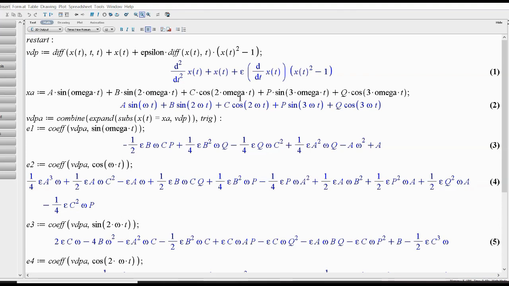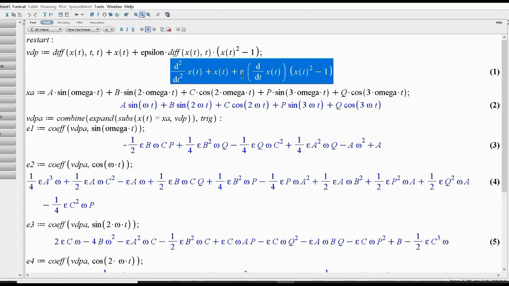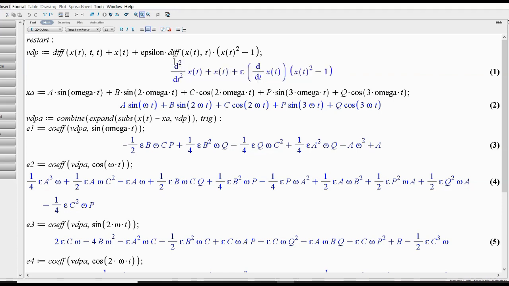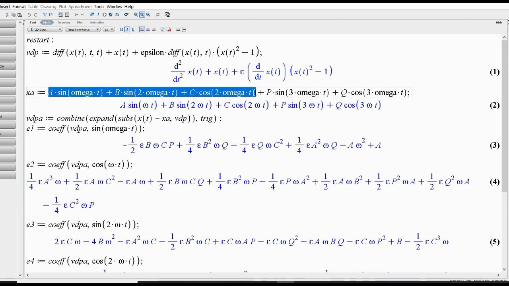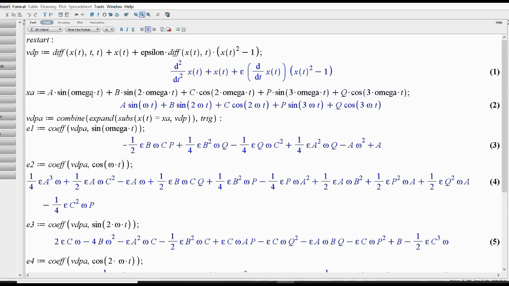Okay, today we will look at the van der Pol oscillator, that is here. You are familiar with it. We will look at it using harmonic balance. As I have explained, a sine omega t, omega is to be found, it is the time period of the